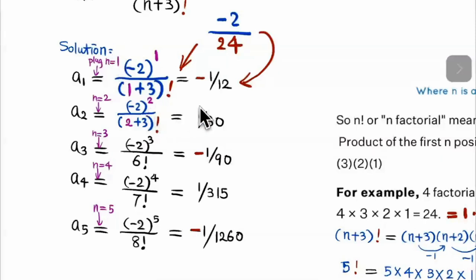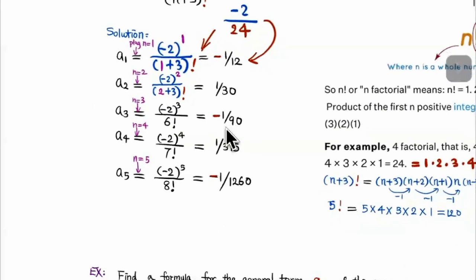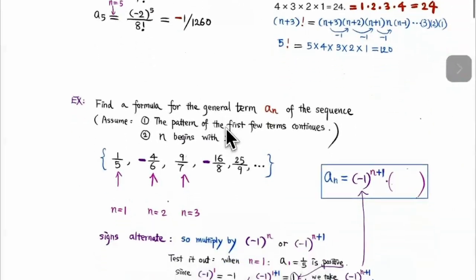So you will have 4 divided by 120. Then reducing, you will get 1 over 30. Right? Okay, good job. Now the next one we want to talk about here is,